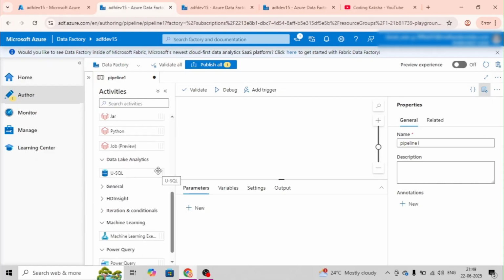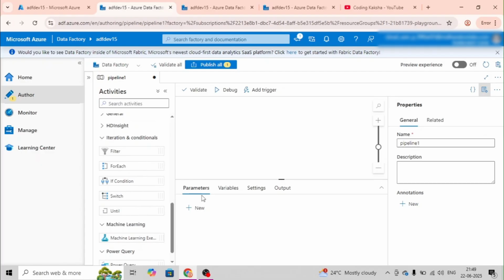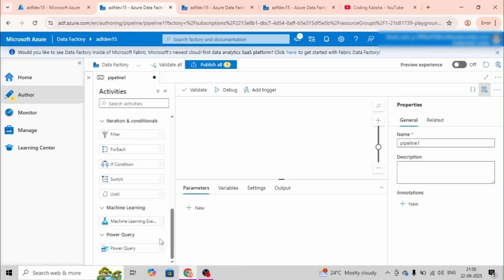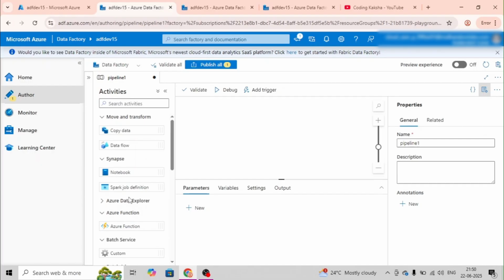Then we have data analytics services, in which we can use T-SQL statements. Then iteration and conditions. If you have to apply loops, like for each, and if anyone has worked on SSIS, you can see conditionals and loops were there, for each and all those things. So looping is in iteration. If you have multiple objects in a table or in a database and want to fetch them in one go, we can use the iteration. So we have all these things.